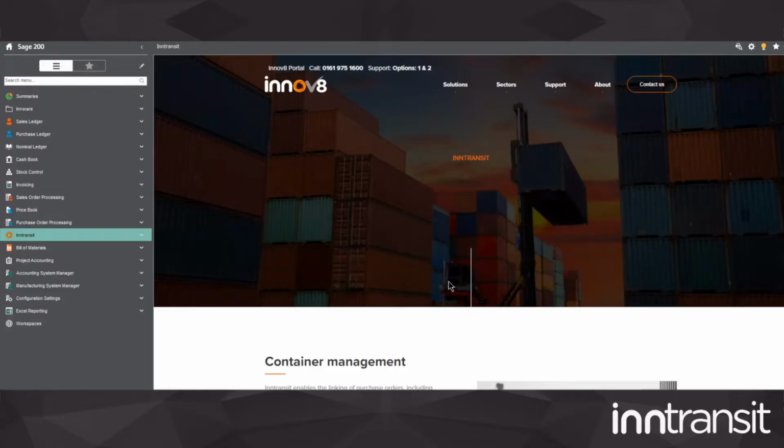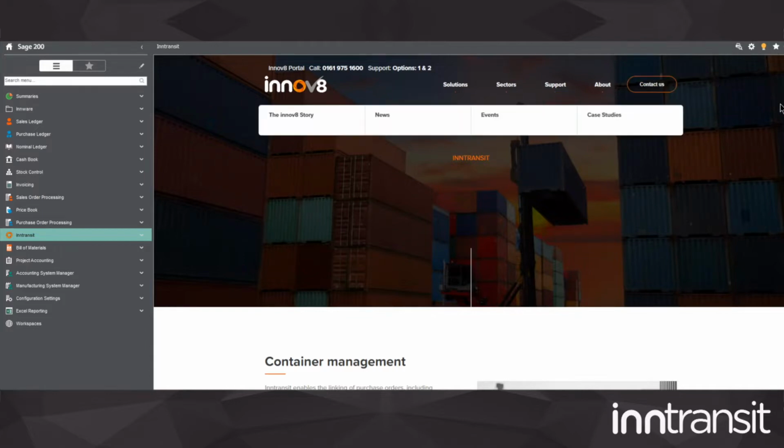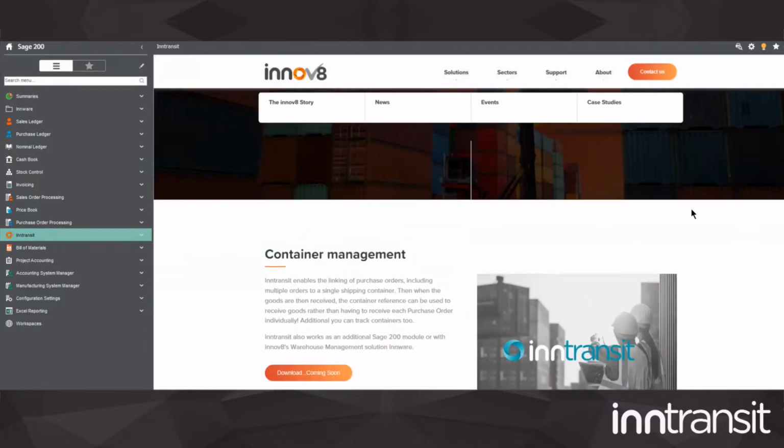Today, we're going to look at Inntransit, which is Innovate's container management module, which sits inside of Sage 200. Inntransit is an integrated module that sits inside Sage 200 on top of purchase order processing as standard, and it allows the linking of multiple purchase orders to a single shipping container for tracking of dates and booking in of